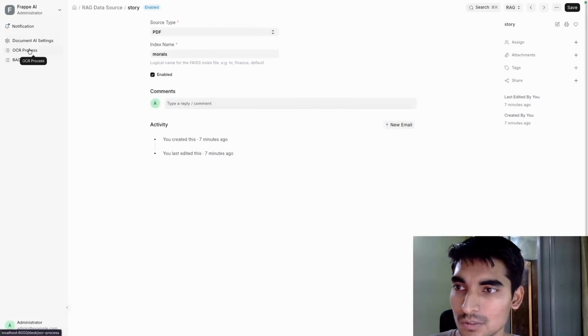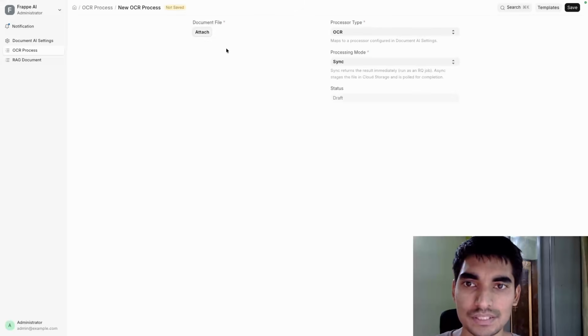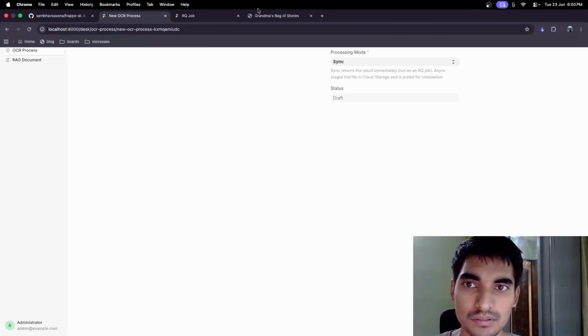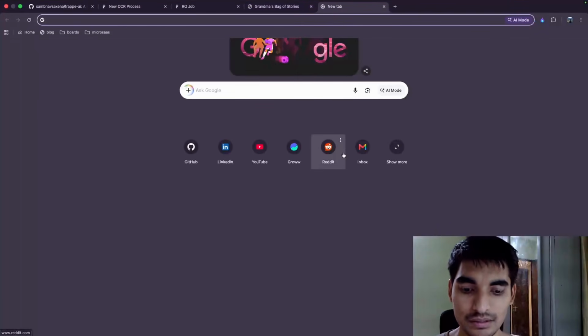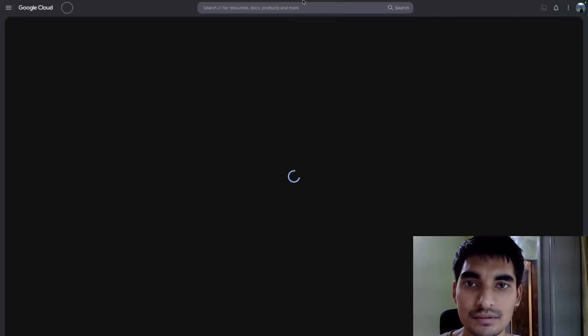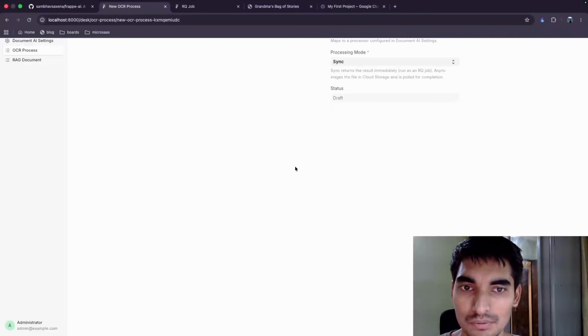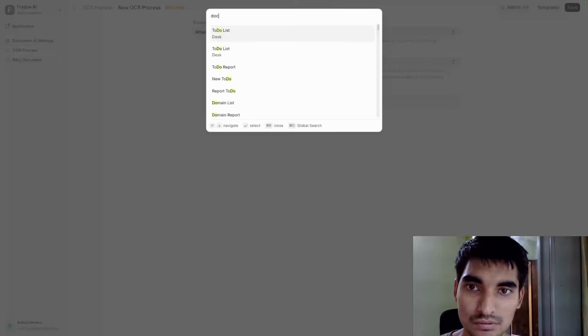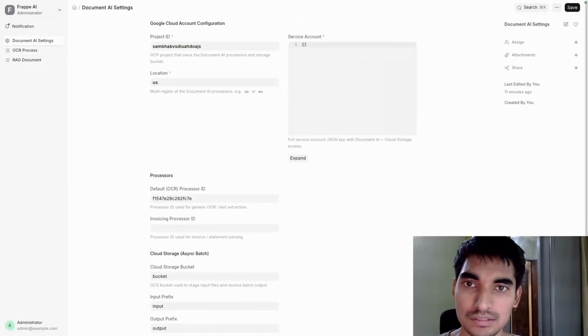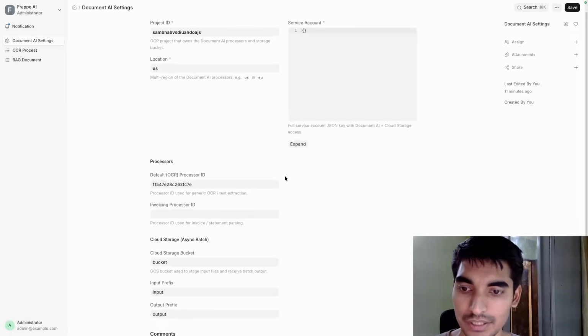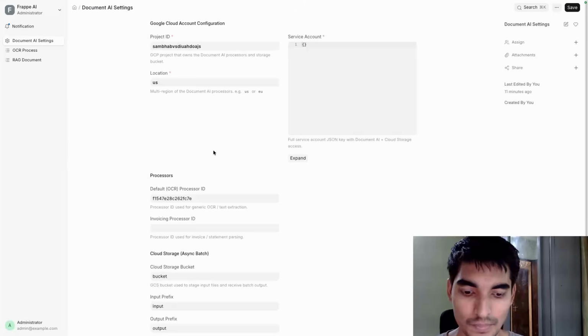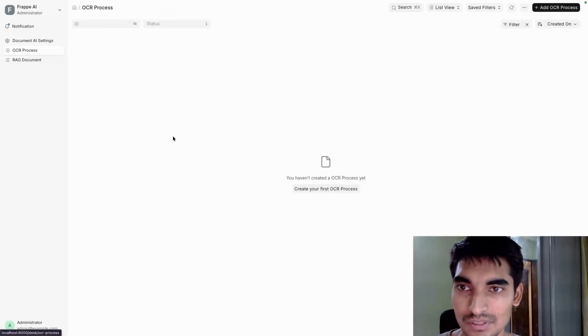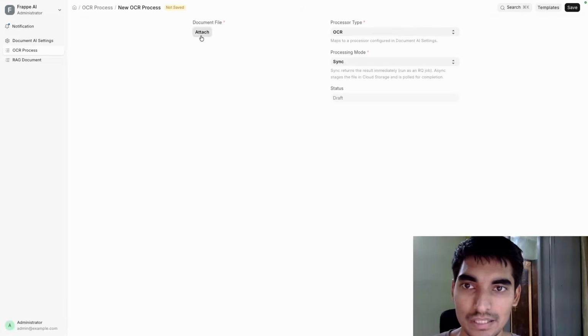I'd also like to show you this OCR process once, but I don't have that configured, I think, and it will also require me to enable billing. But I'd like to show you how you configure that Document AI settings. I think it's already done for you, right? Okay, let me just see what happens, because I haven't provided any access yet.